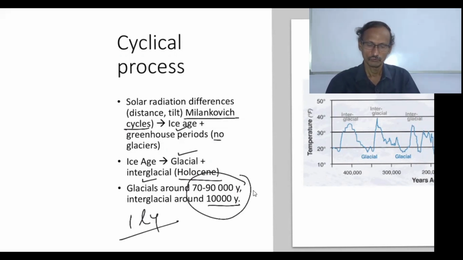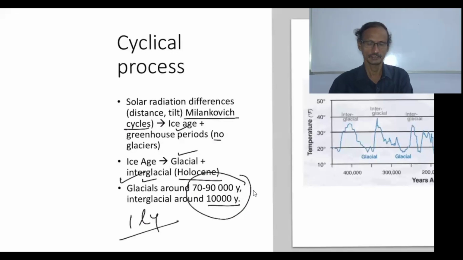So, in an ice age, 70 to 90% is glacial and around 10% interglacial. This is how Earth has been spending its time,